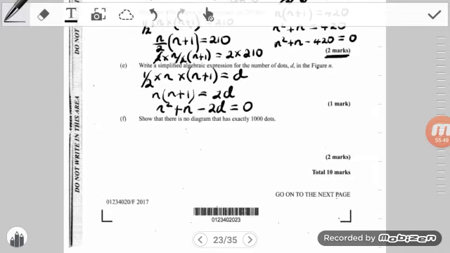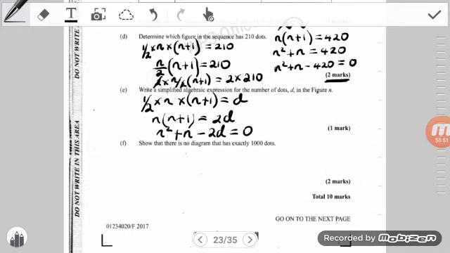No diagram has exactly 1000 dots. It means that n cannot be a decimal, like 1.5 or 7.5 or 7.7. You can't have an irrational figure. So just looking at this, we're going to have to prove that